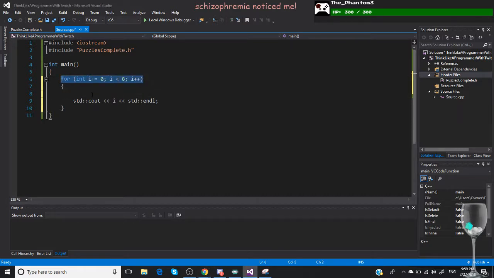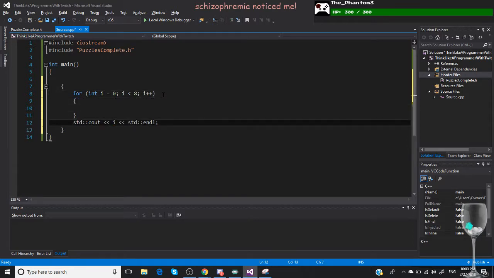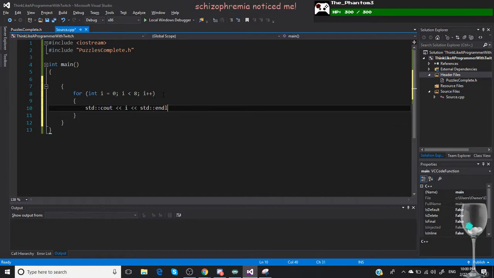Okay, I moved this down here. Oh, what the heck was that all about? Alright, for that, I'm gonna make another for up here. This is gonna be my rows. This is equal to 0. Or row equal to 0. And